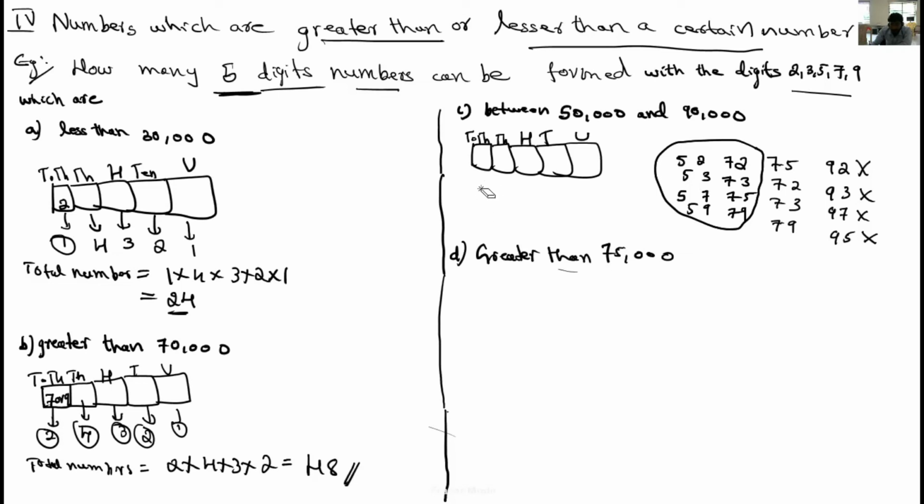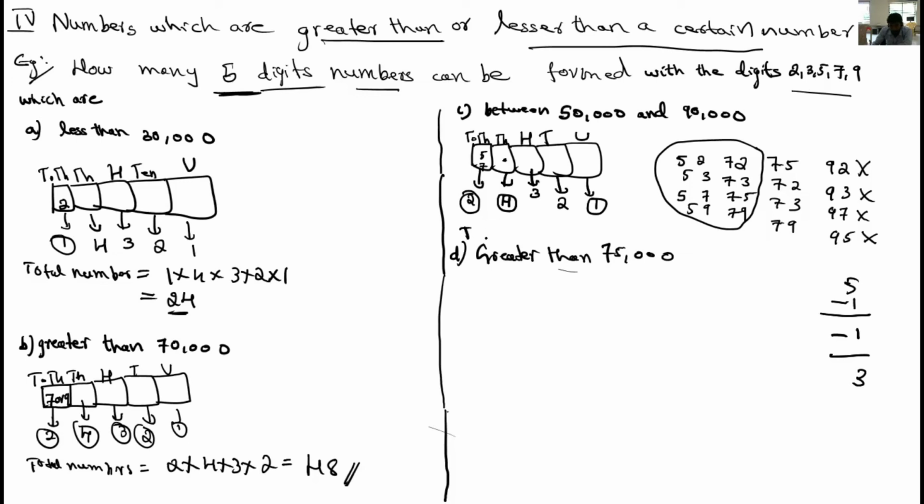So for the 10,000 place, here you can say 2 numbers are available. One is 5, one is 7. But we know at a time we can take only one number. So out of 5, one number is used in the 10,000 place. So for the 1,000 place, 4 numbers are remaining. Then here also one number is used, that is in the 1,000 place. Then how many numbers remaining? 3 numbers are remaining. So the hundreds place can be filled in 3 ways, the tens place can be filled in 2 ways, and the unit place can be filled in only 1 way.